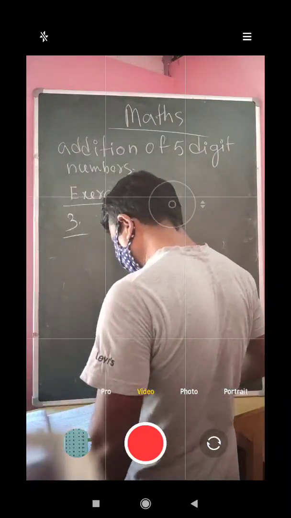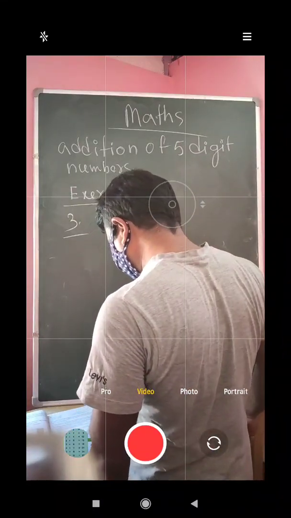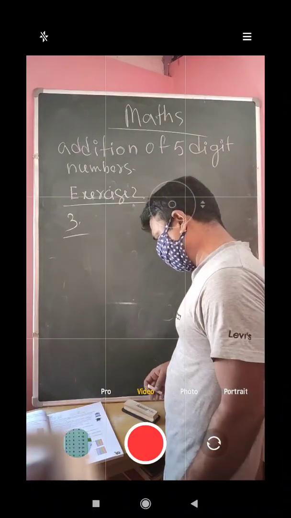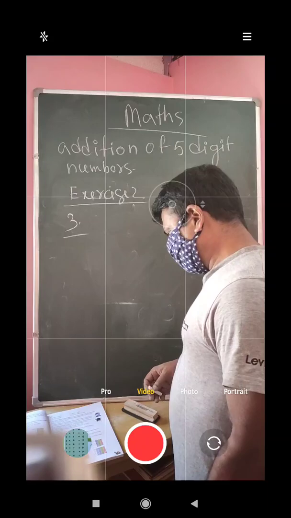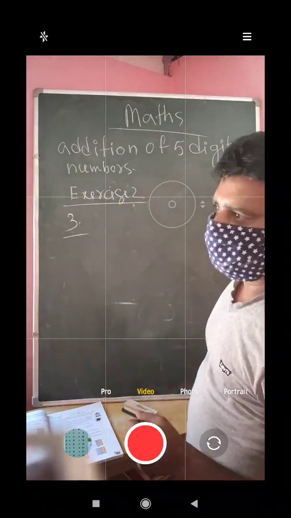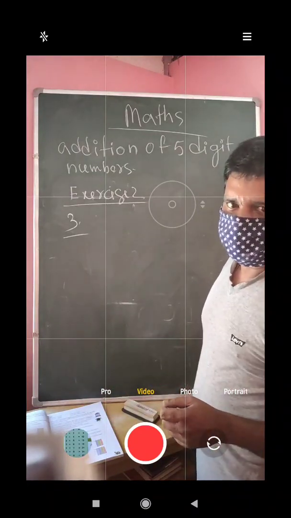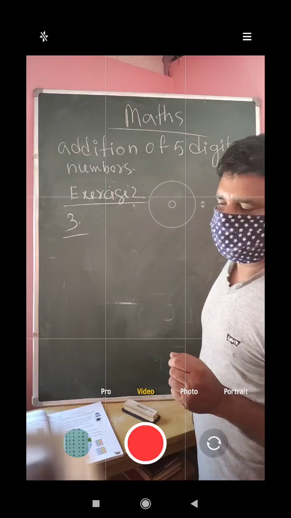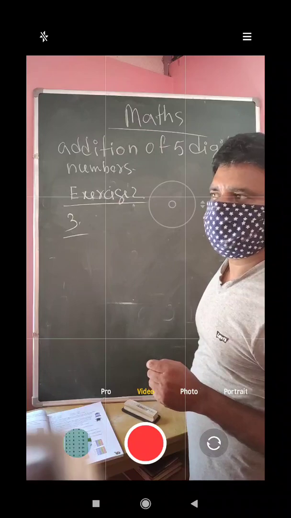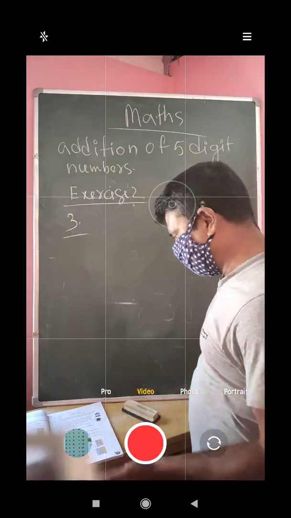Every month Parul's mother deposits some money in the bank. She deposited 12,980 in January and 15,880 in February. How much money did she deposit in the 2 months? Suppose I deposit 1 rupee in the month of January and 1 rupee in the month of February. So what is the total amount that I have deposited in 2 months? So what you need to do is, what is the amount of January and what is the amount of February that she has deposited? So like how we will do.